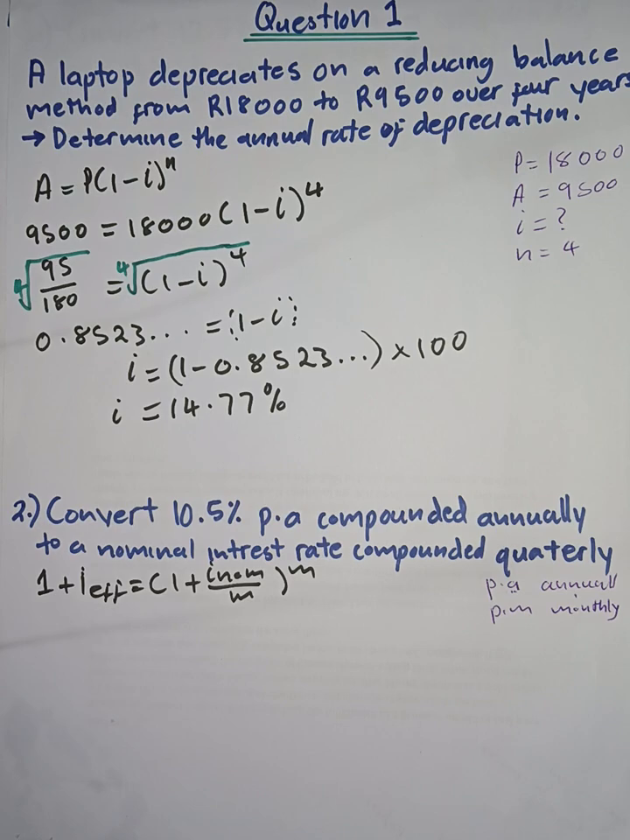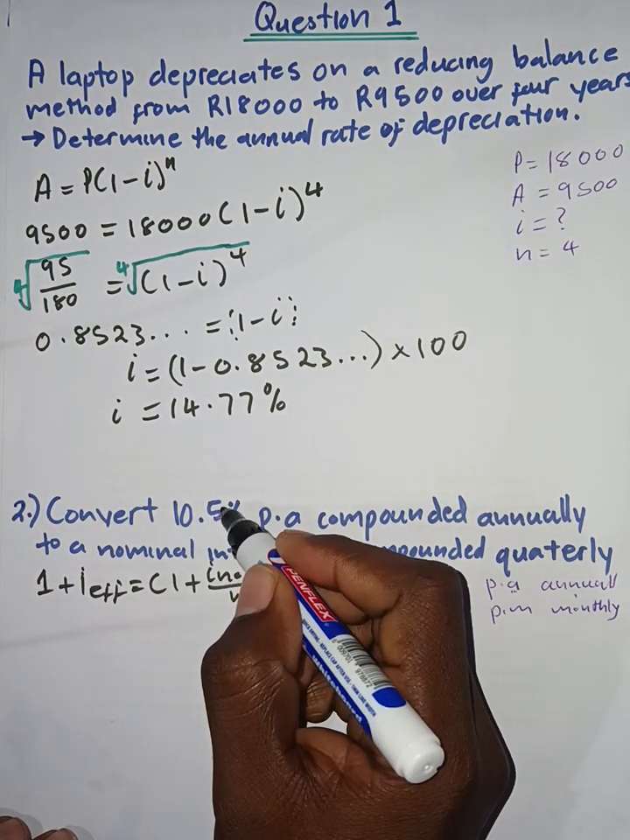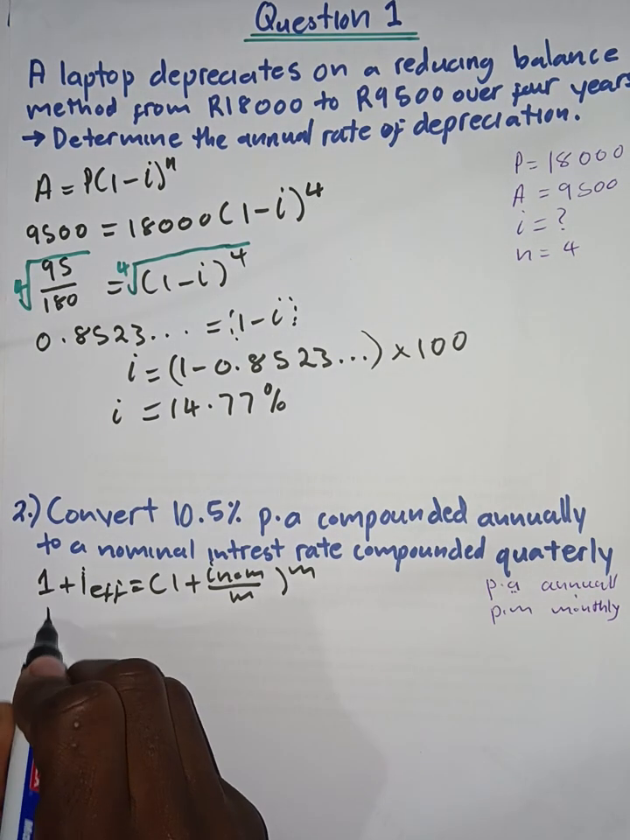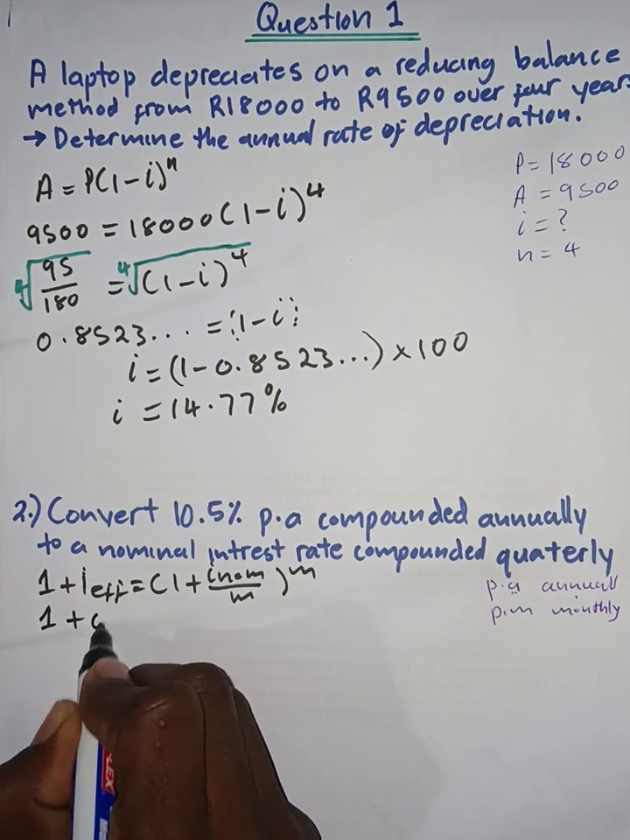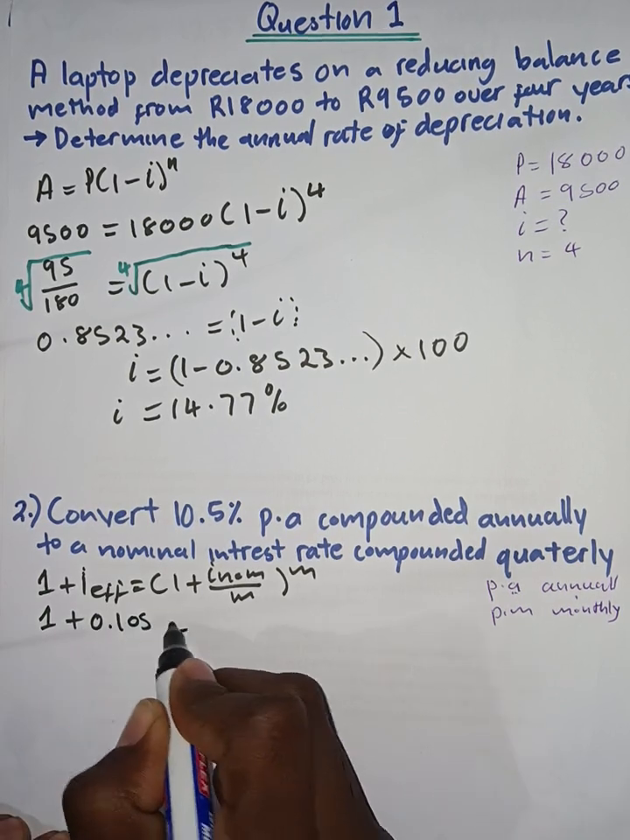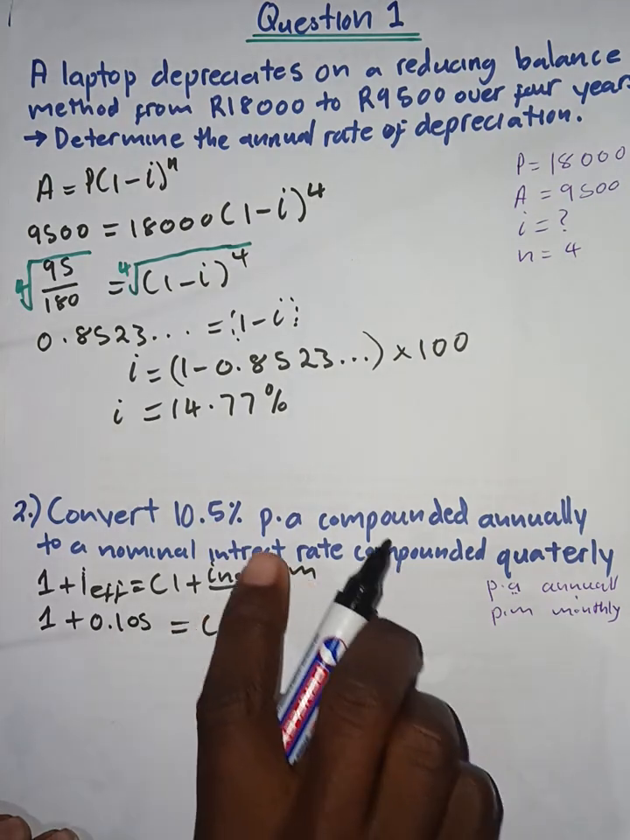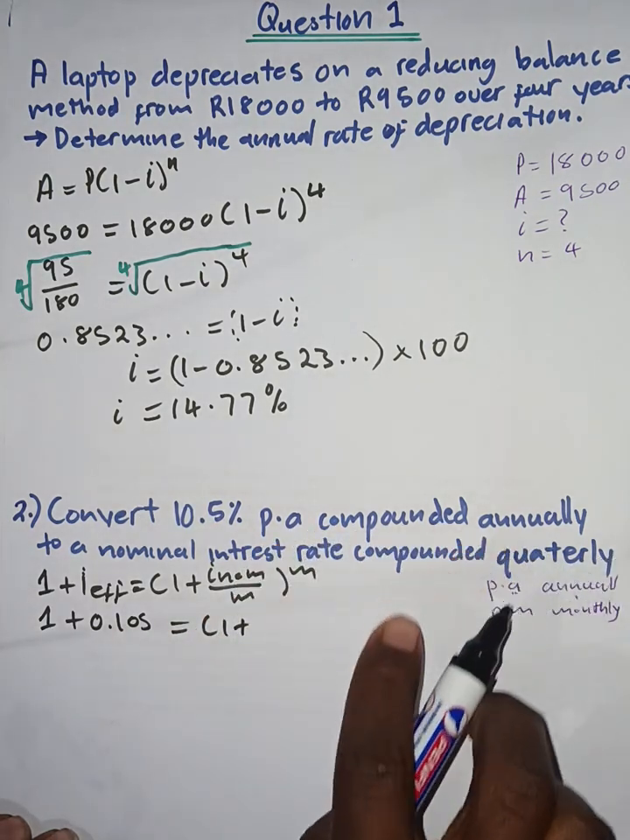Now, they gave us the effective interest rate. If you were to make that a decimal, you would need to divide by 100, right? So you'd get 0.105. So this would be 1 plus 0.105. That would equal 1 plus, they said, per annum compounded